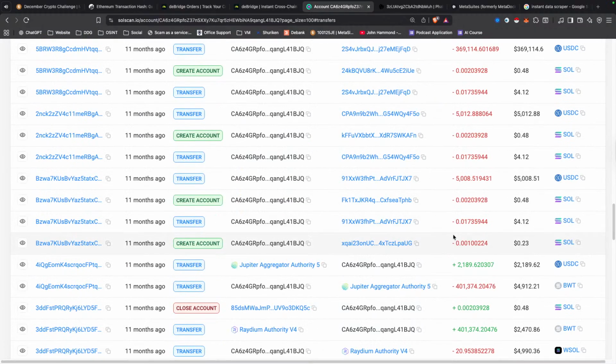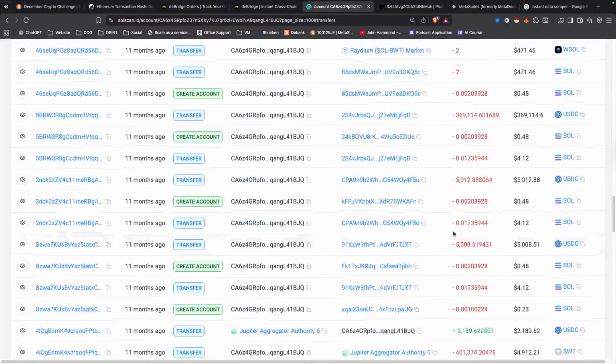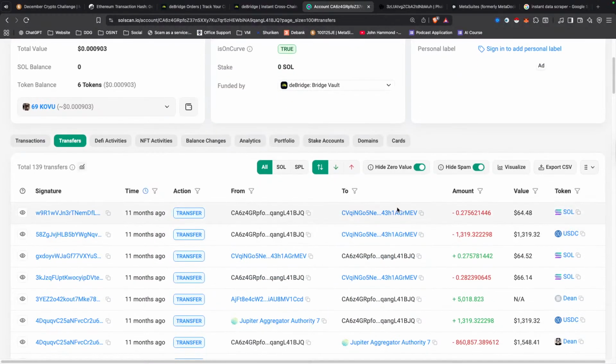Let's look for some big transactions out. In fact, let's take a look at some of the filtering options here on SolScan because this will help us. If you were to go through this case step by step, you'd go through each one of those trades and understand what's happened. But essentially, this guy has made money on meme coins.